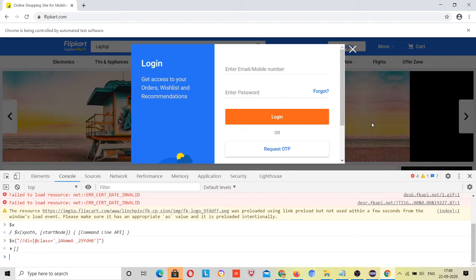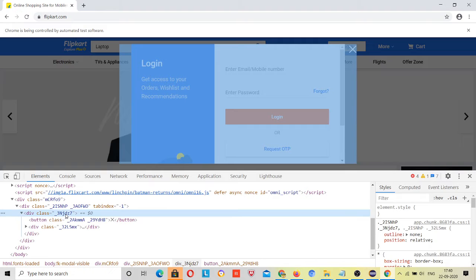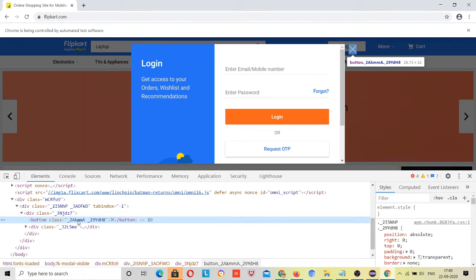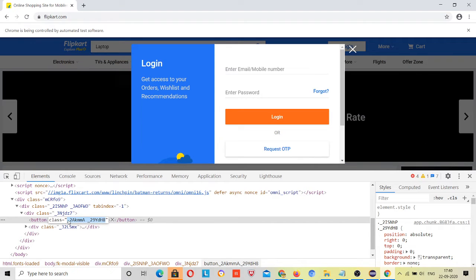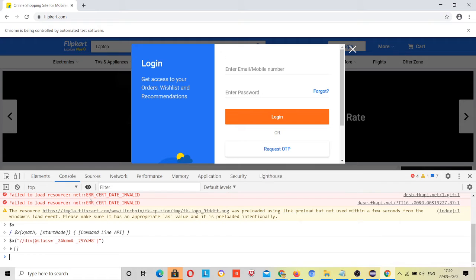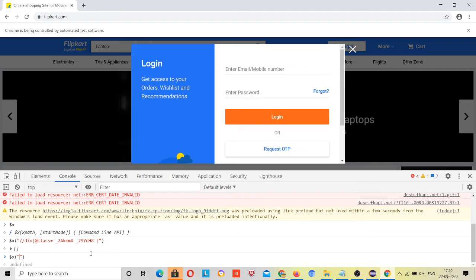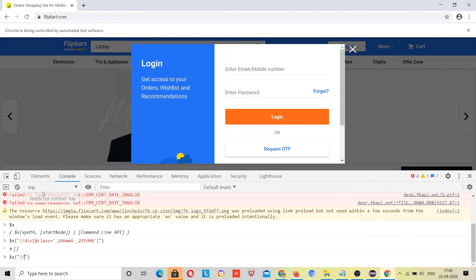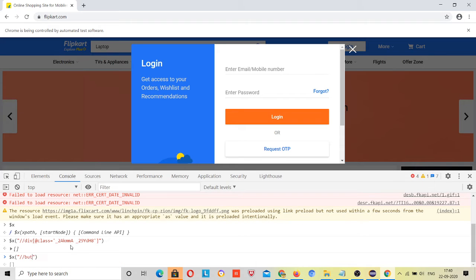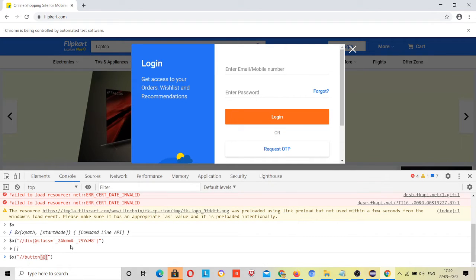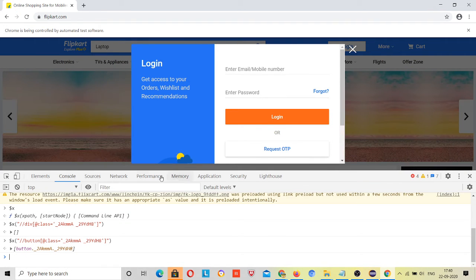Let's try again. $x, this is button not div, right? Button at the rate class, right? So this is located.